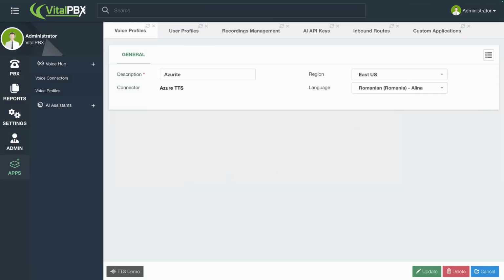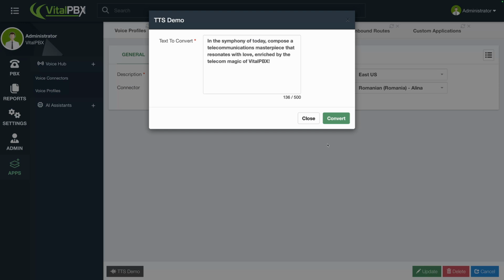Now, if you can send on the chat an example prompt in Romanian, so you can hear it, since Romanian is one of those languages that I do not know. Okay, there you go. Copy and then paste it. And then I